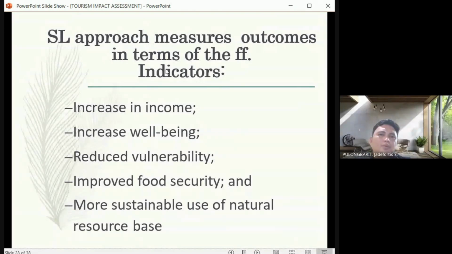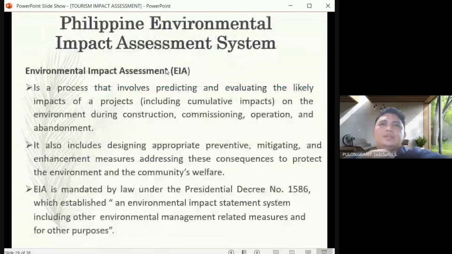Another one for assessing tourism impact is the Philippine Environmental Impact Assessment System, the best tool to address negative impacts in terms of pollution, environmental degradation, or other negative impacts on the environment. The EIA, which is used by the Department of Environment and Natural Resources, is a process that involves predicting and evaluating the likely impacts of projects, including cumulative impacts on the environment during construction, commissioning, operation,